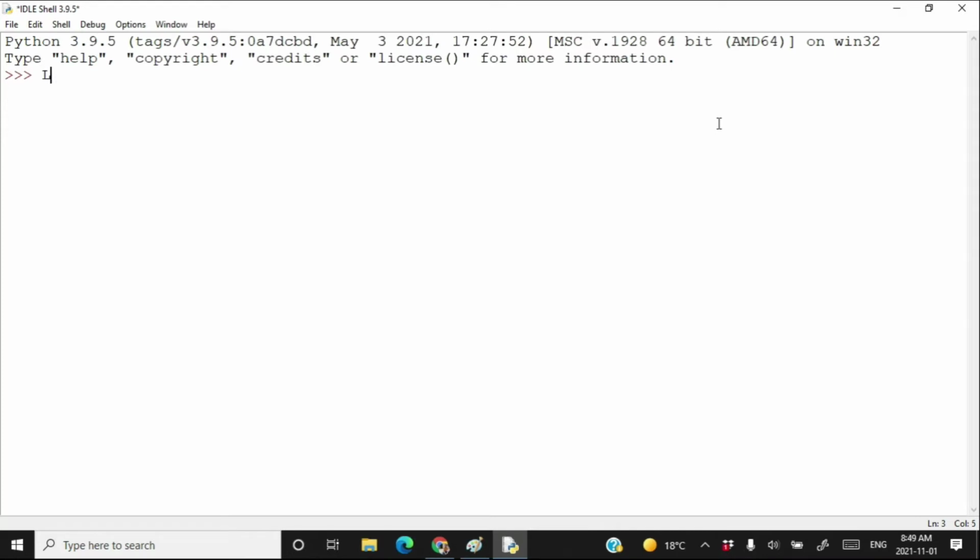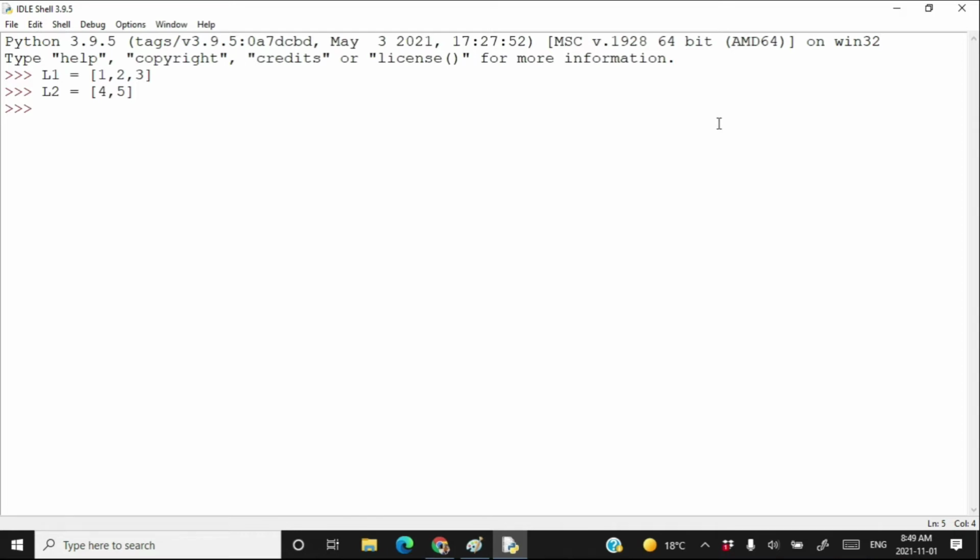Suppose that I have a list L1 is equal to 1, 2, 3, 1, 2, 3. Now I have another list, L2 is equal to 4, 5. Now first let's see how the append method works.